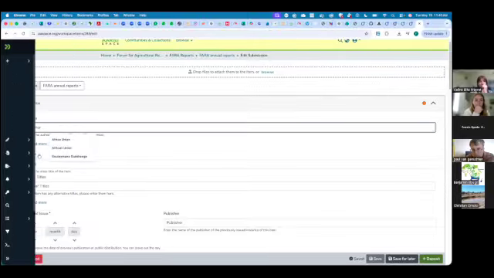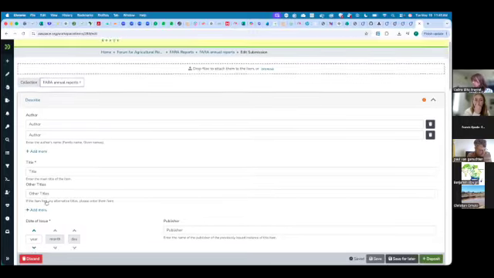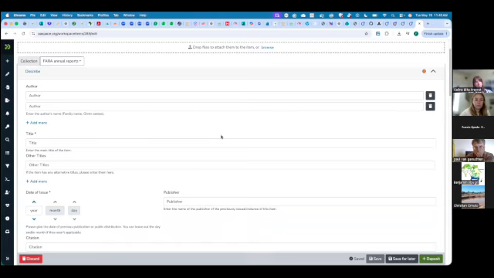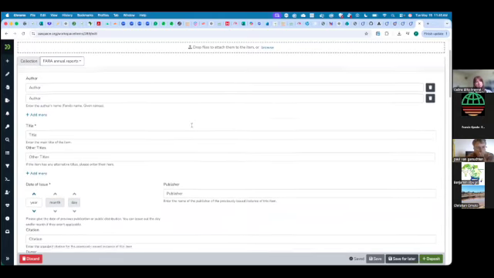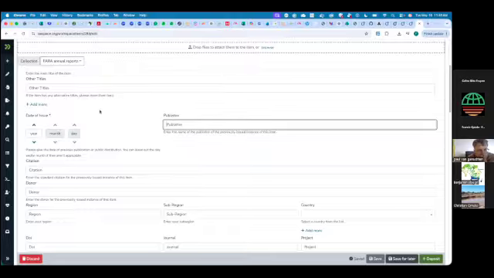If you have two or more authors, you can just keep adding as many authors as you have. And then the title. There are certain fields that are mandatory, and some are optional. We have other titles too, which you can put, so if you have more titles, you can just keep adding. And then the date of issue, that one too is compulsory. And then we have the publisher.